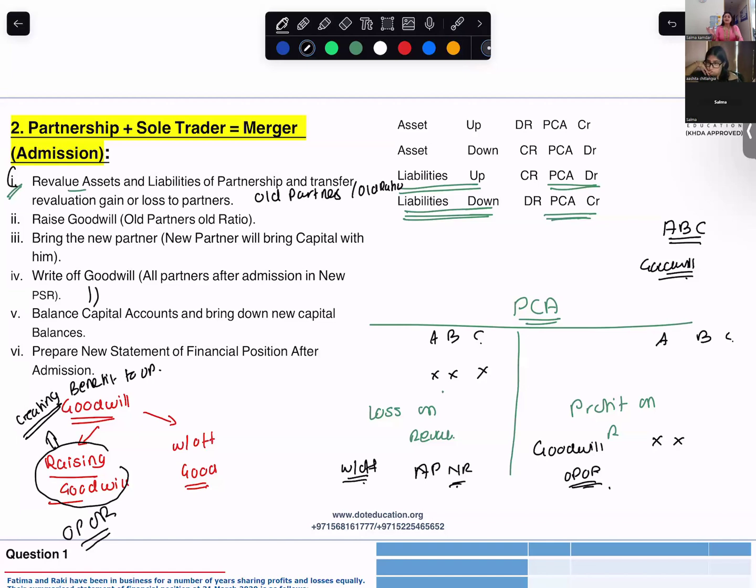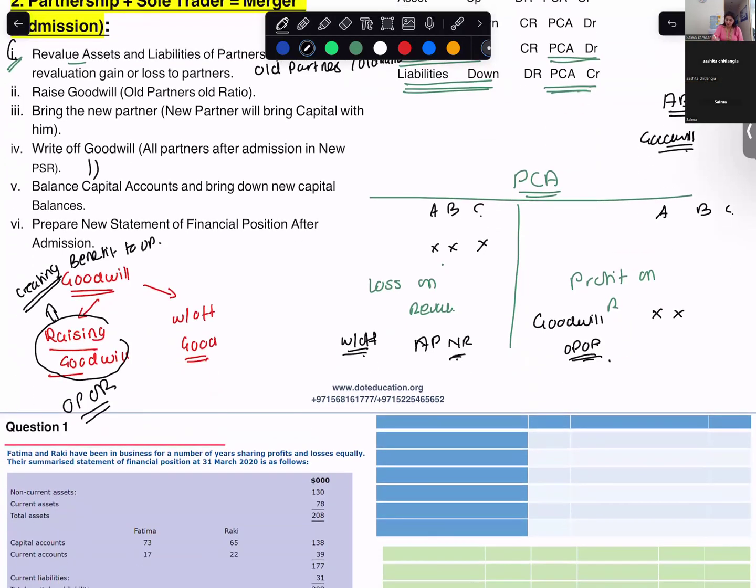Raise is before admission, write off of the goodwill is after the admission. After you raise and write off the goodwill, you have to do two things. You will bring the capital. Whose capital? The new partner's. So on the credit side of the partner's capital account, the first thing you will have is the balance brought down of the old partners,